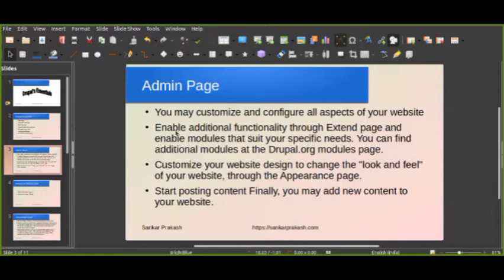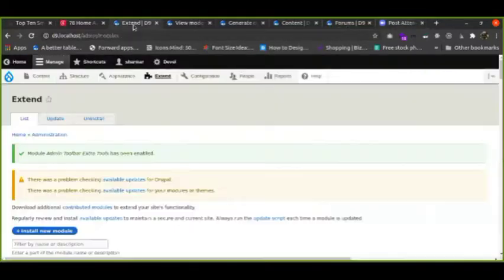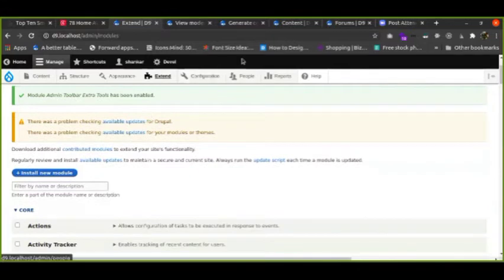Yeah, this one. So we have installed Drupal 9 in the first class. As discussed, this is the extend page. Here only you can navigate to your module installation part.